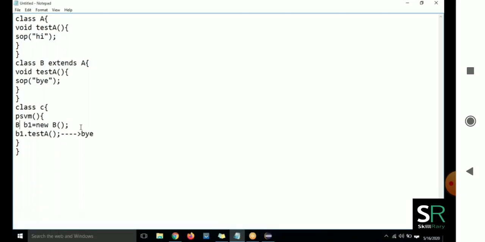Upcasting means assigning the child class object to the parent class reference variable. That is called upcasting.